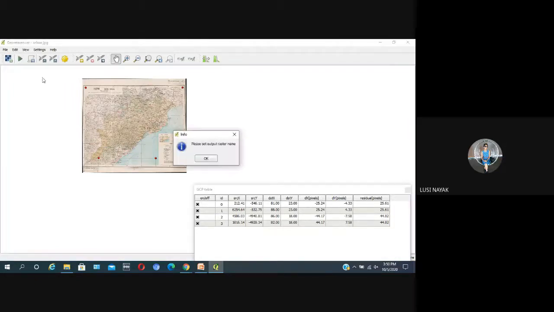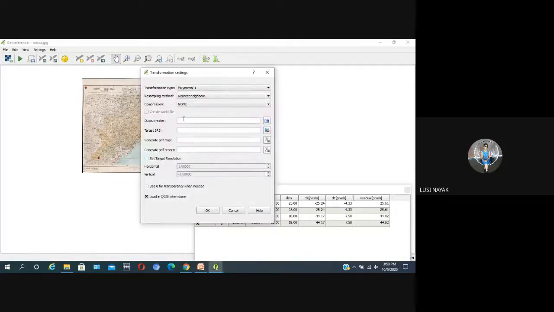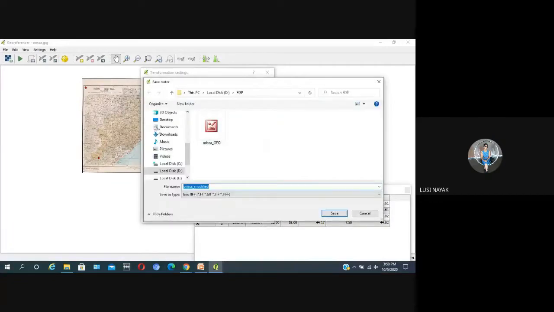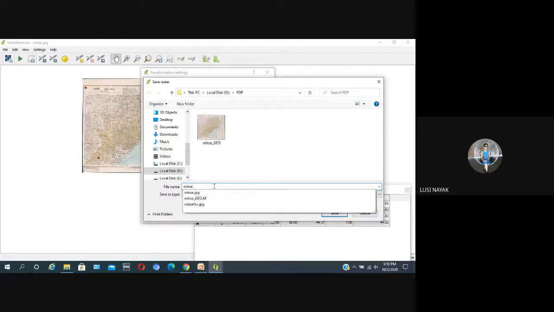Then start georeferencing. Go to the output file. Go slowly. I already have Odisha Geo, so I am keeping Geo 1.